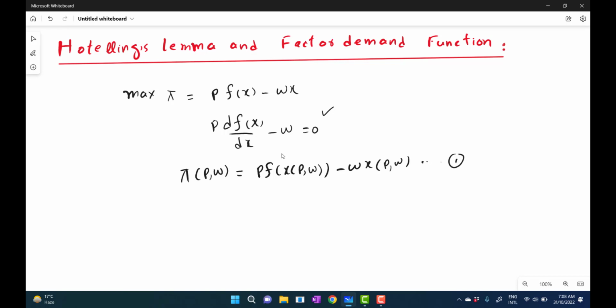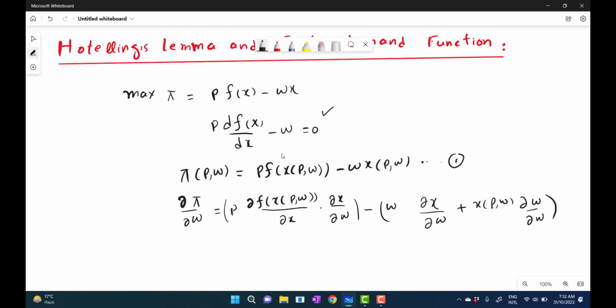So differentiating equation number one, that is, the profit function at the factor demand function, with respect to the input price, that is, with respect to W, we get this. Look at it, here we apply the chain rule, P as it is. When we take the derivative of f with respect to W,